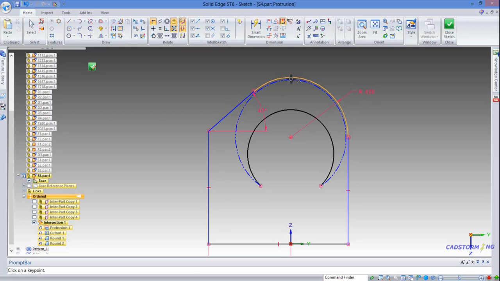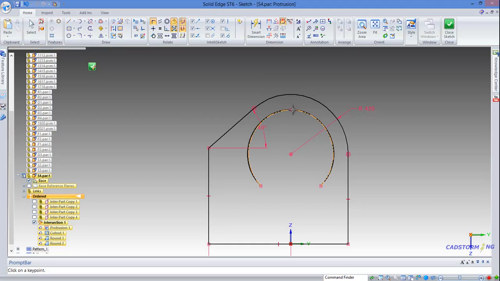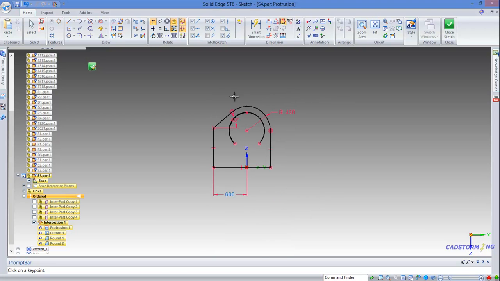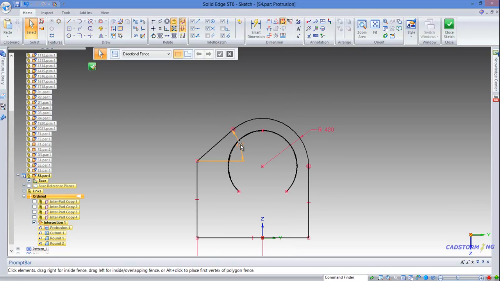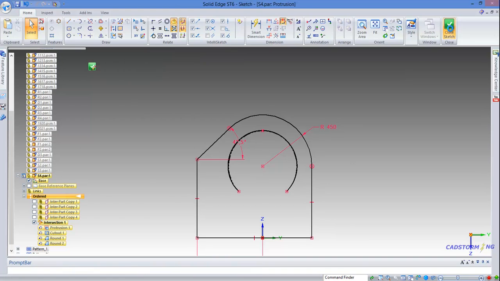Look for the middle point or the silhouette, and anywhere on the intersection curve, we'll keep this value as it is, and we'll change this to 42.5, and this one should be 450. Close sketch,